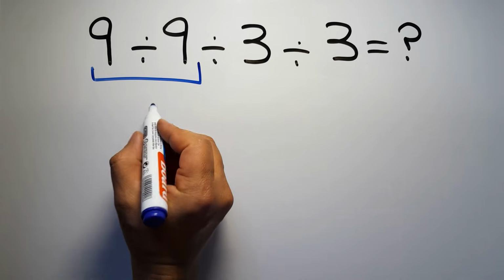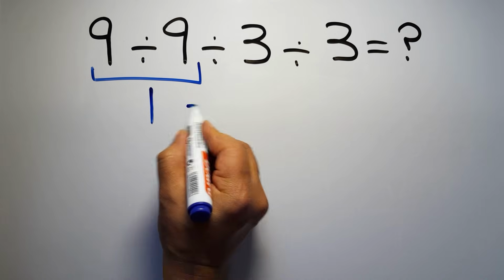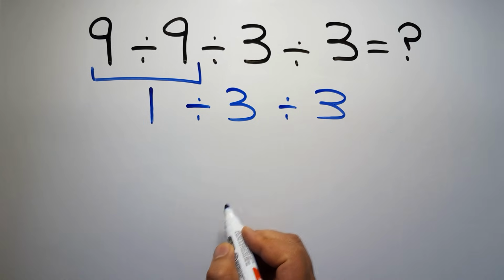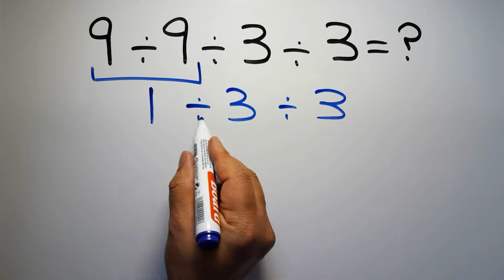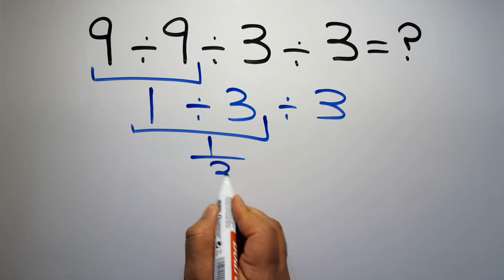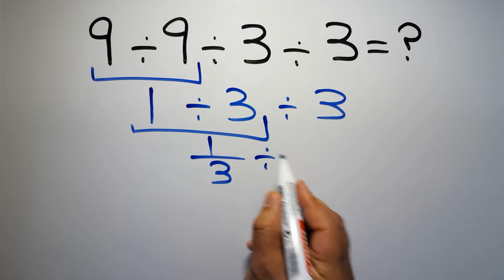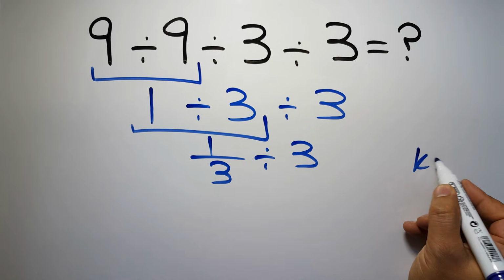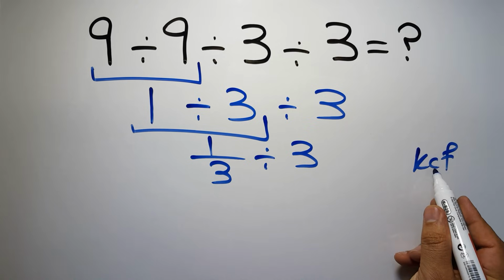9 divided by 9 is just 1. So 1 divided by 3 and again divided by 3. Okay? 1 divided by 3 can be written as 1 over 3. Then divided by 3. Now, according to the KCF rule, K stands for keep, C stands for change, and F